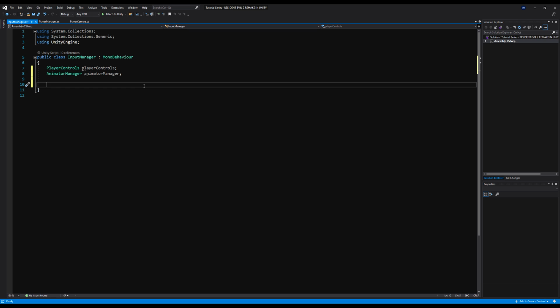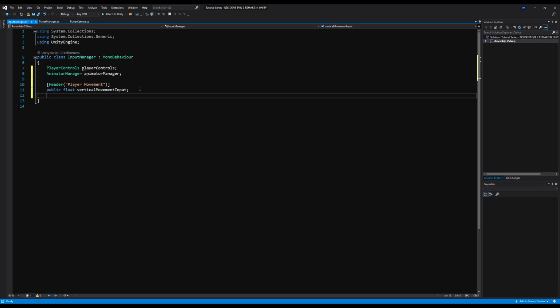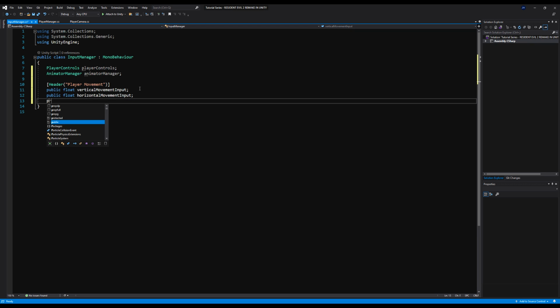character. And let's make a header. Let's call this player movement. And this is just going to be some variables we get for our movement. So we're going to want a public float for the vertical movement input and a public float for the horizontal movement input. So again, think of your joystick or the WASD keys. W and S will be your vertical, and A and D would be your horizontal, up and down, left and